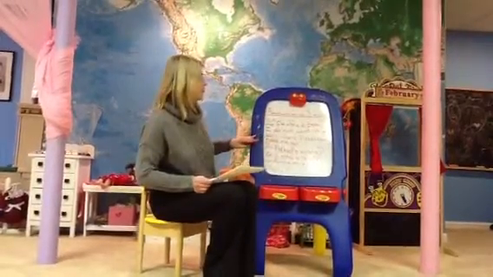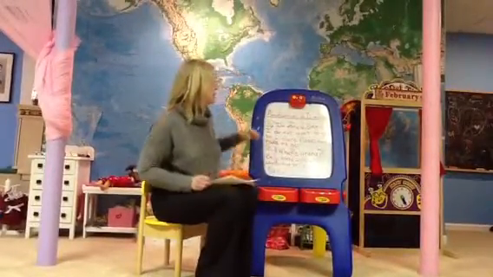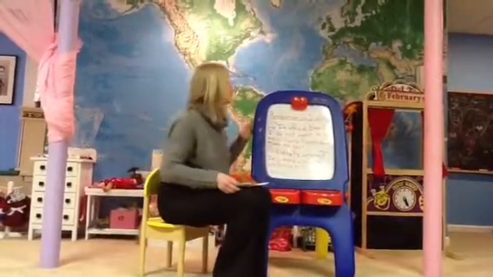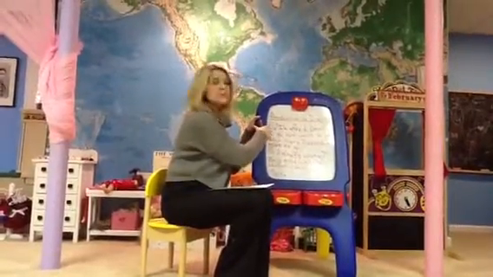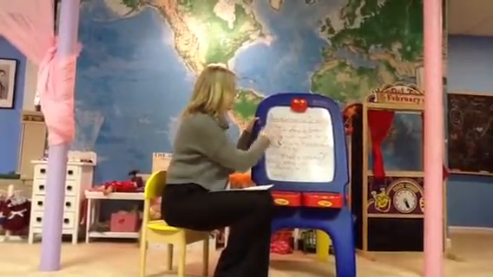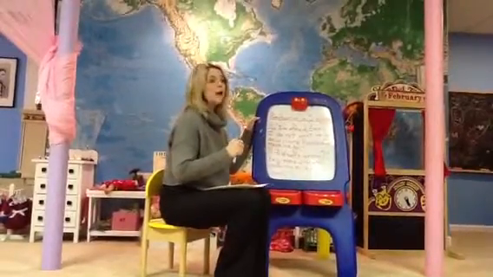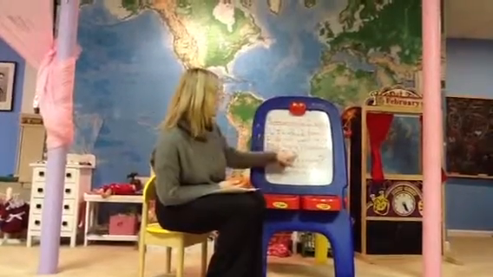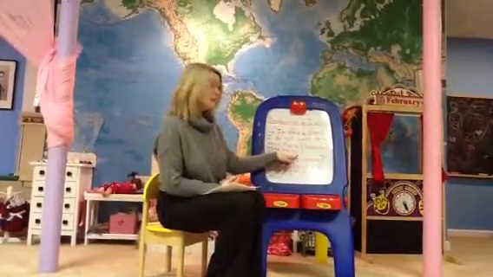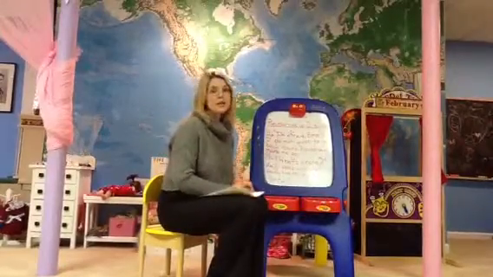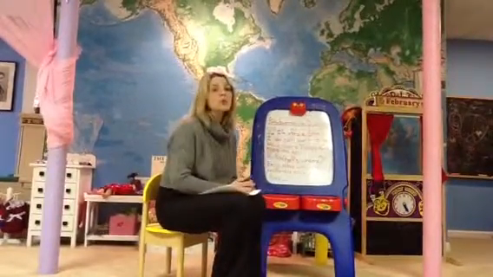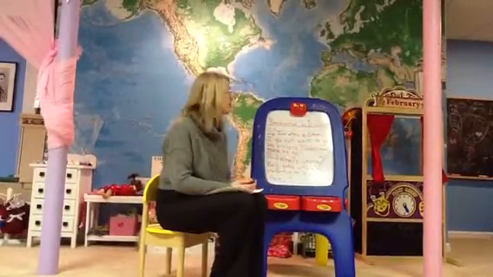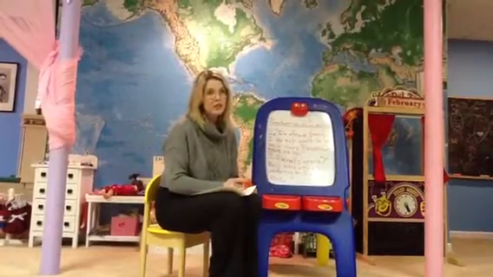And I have that first quote already written on the board. Notice that the exact words of the speaker are inside quotation marks. Also notice this mark, which is the paragraph mark, and this arrow, which means that every time you start a new paragraph, you need to indent. Now here at the end, because this quote is an exclamation, notice that the exclamation point is inside the quotation marks. If the quote had been a question, the question mark would go inside the quotation marks.